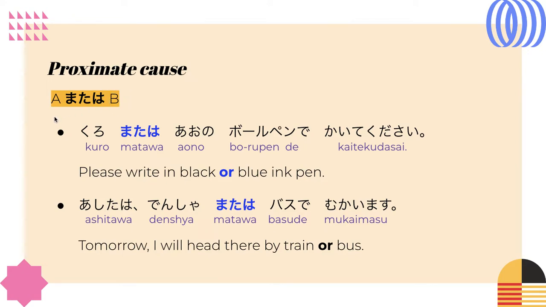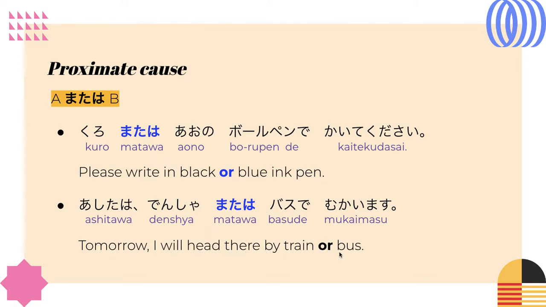So in English, it will be A or B. Let's say we want to say, please write in black or blue ink pen in Japanese. You would say, 黒または青のボールペンで書いてください。